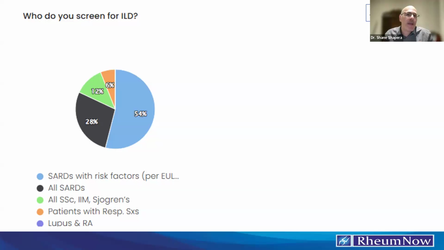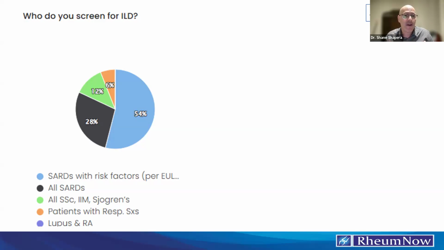In my experience, I think about what you're really trying to accomplish with a screening test, right? A screening test is a test that has a relatively high sensitivity so that when the test is negative, you can rule out disease. And personally, I think that CT has that on its own, right? If you wonder, does this patient have ILD, and you do a good quality CT scan with prone images, and there's no ILD there, what's the role of also spending money on a PFT to screen for ILD? I personally don't see it.